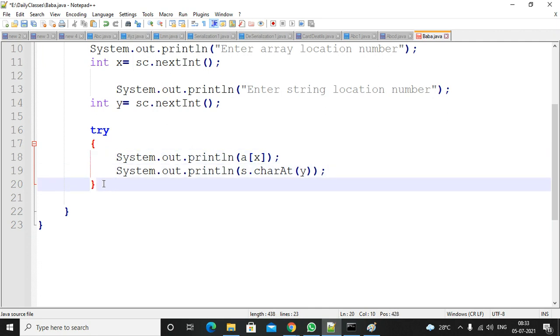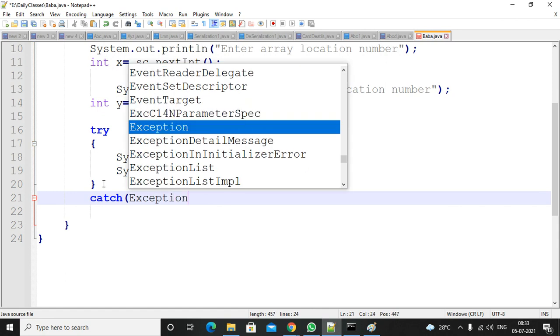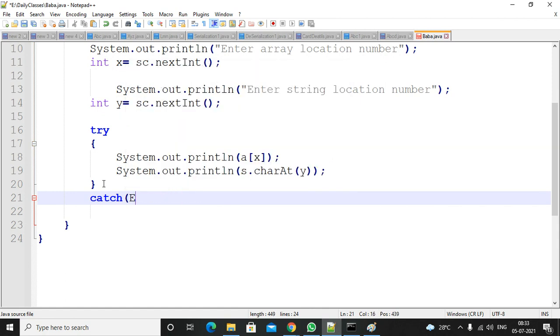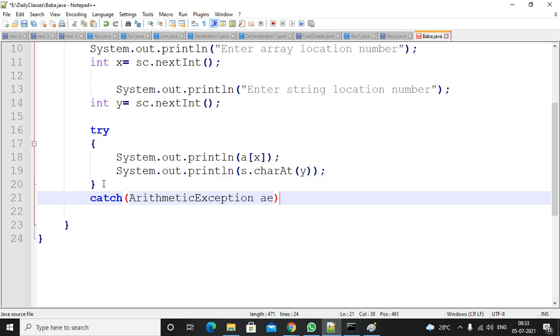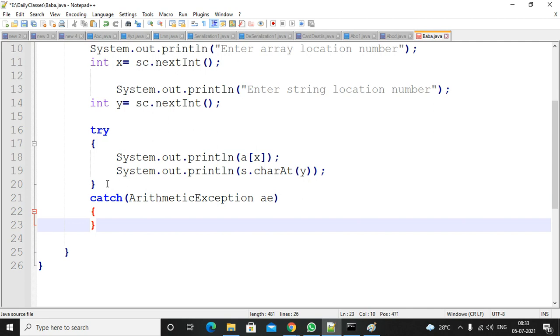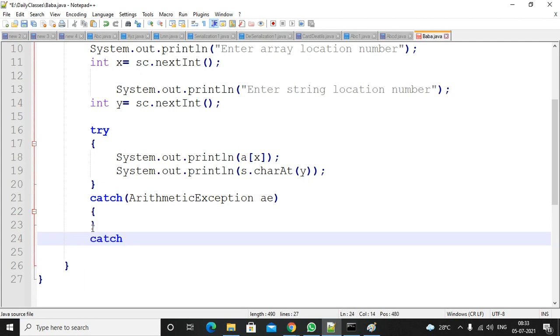So here you can write any number of catch blocks. First one, you are getting an arithmetic exception, AE. AE is just the starting character of the first word and the starting character of the second word. That's it, the reference name.